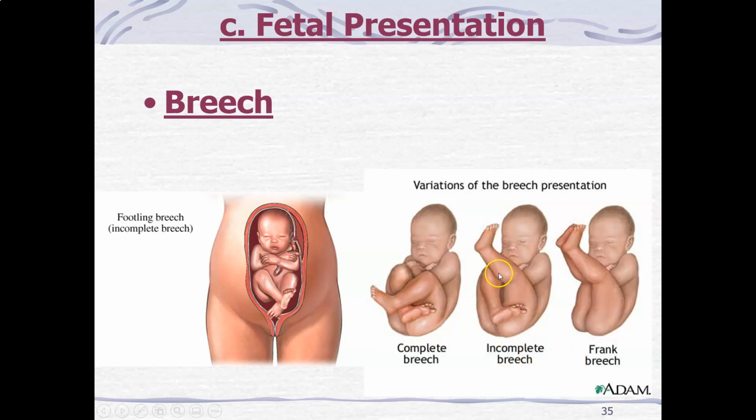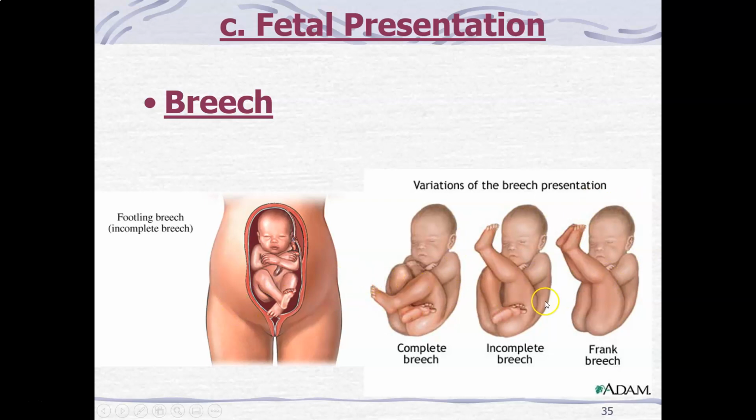An incomplete breech is where we have 1 foot down, 1 foot up, and a frank breech is where both feet are up. And these poor little babies, these frank breech babies, when they come out, it is so hard to diaper them and swaddle them, because these legs just flop right back up. That was the position they were in utero, and they flop right back up there. It's kind of funny, but